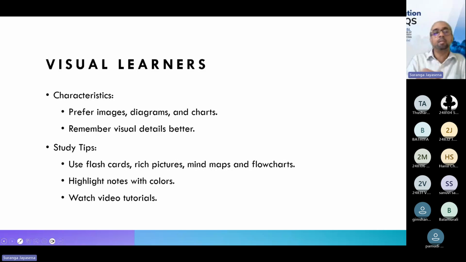If you are a good visual learner, focus on these tips. Use flashcards with images or diagrams. You know flashcards? While you are learning, you can create them, or sometimes for certain subjects you can find them, but for some subjects, probably you will have to create them. Okay, so if you